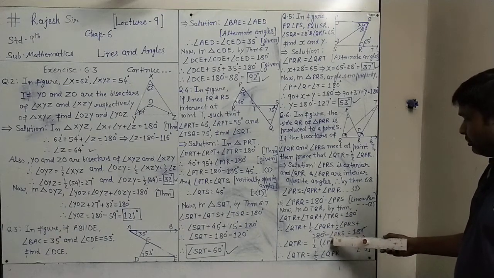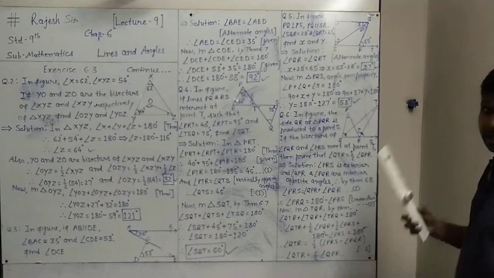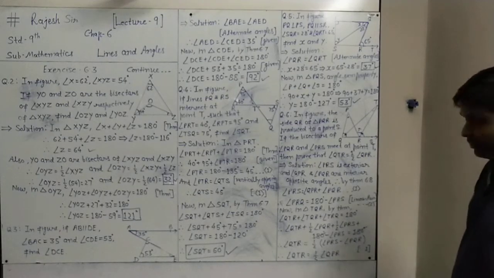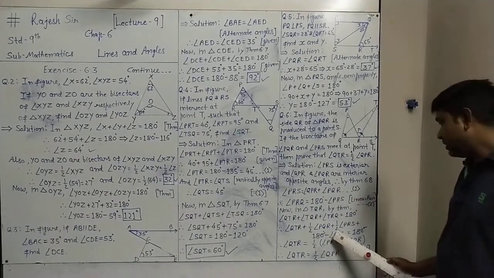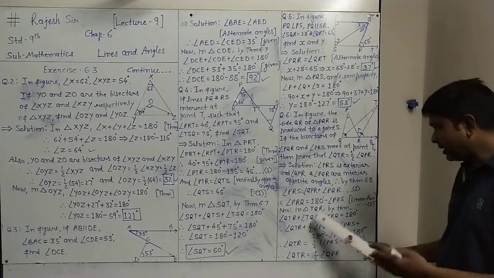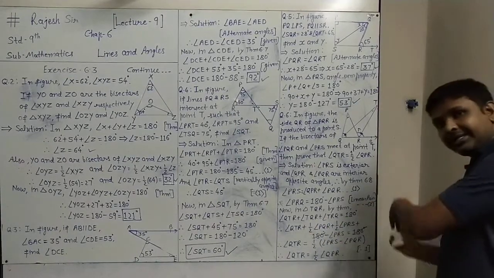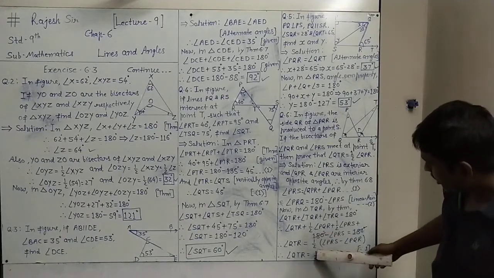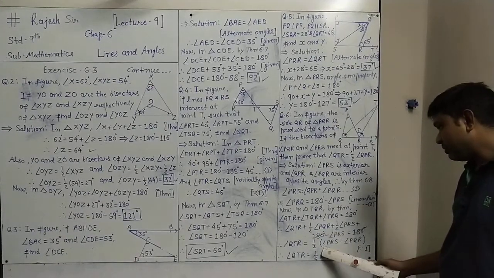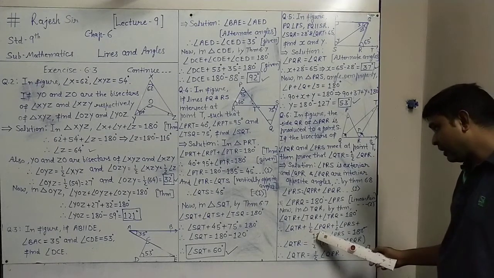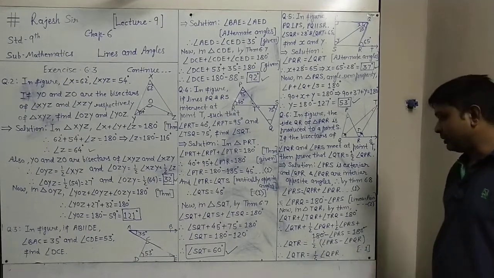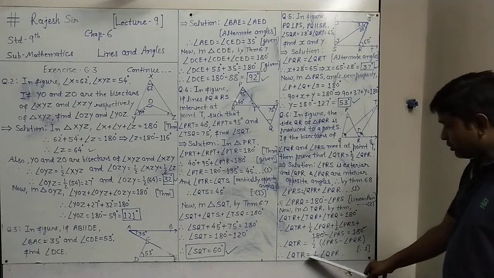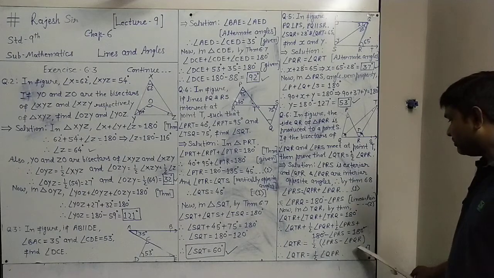So from minus PRS, if we subtract half PRS, minus half PRS will remain on the left. On the left we have minus half PRS and plus half PQR. If we take them to the right side, the half will be common, minus half PRS becomes plus half PRS, and plus half PQR becomes minus half PQR. Now see, angle QTR equals half of, you see this part, angle PRS minus angle PQR.